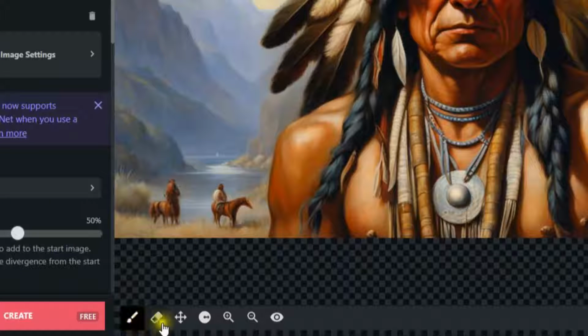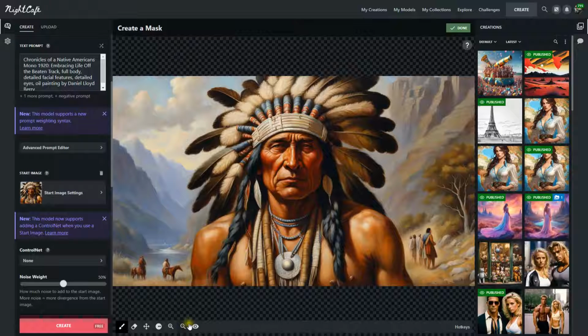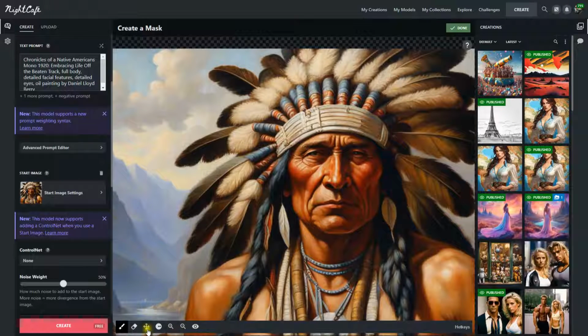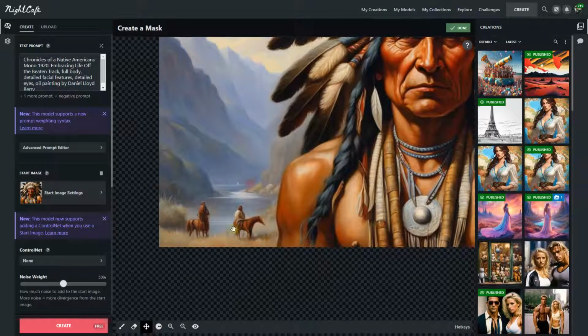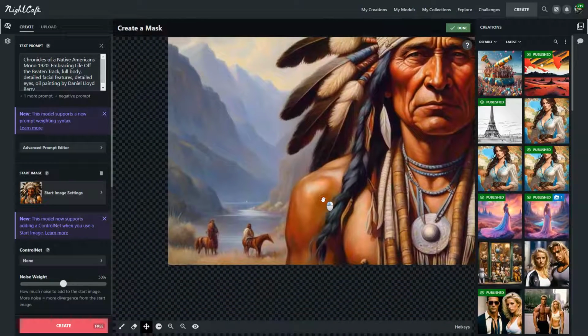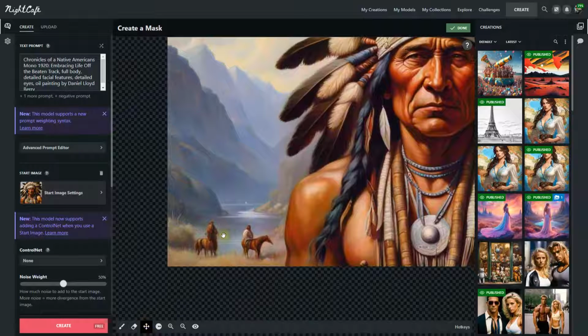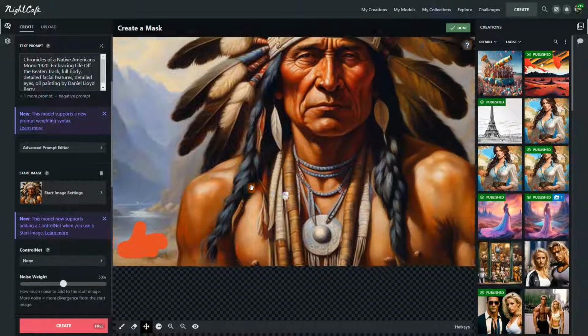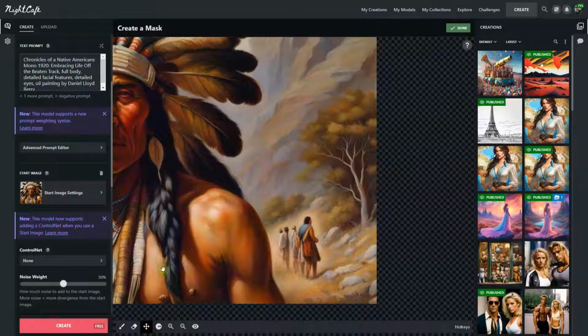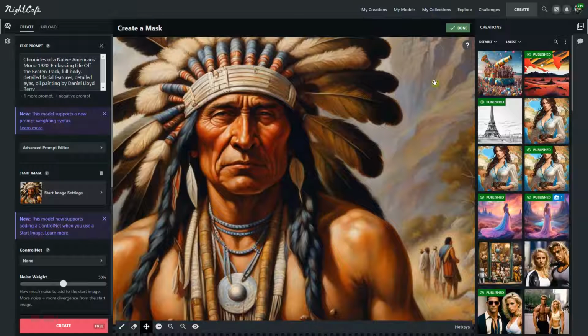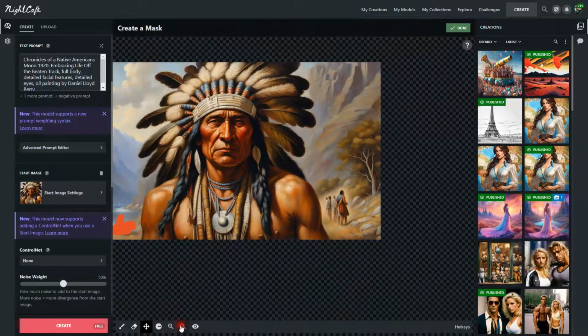And now I have these tools. These are my mask tools. These allow me to zoom in and also move around inside of the artwork here. So I'm zooming into these areas here, and I'm going to click on my paintbrush and simply paint over them. There we go. Now I'm going to go over to this other side here, and I'll do that later. Let's see here. Zoom back out.